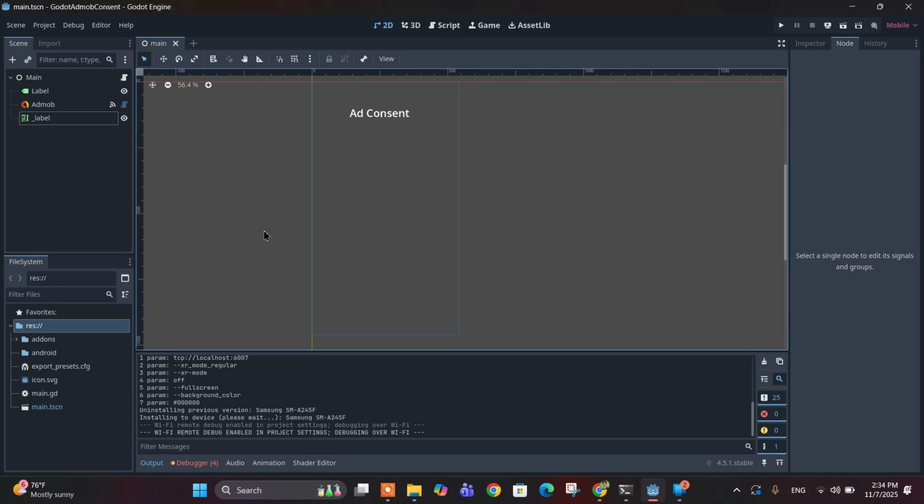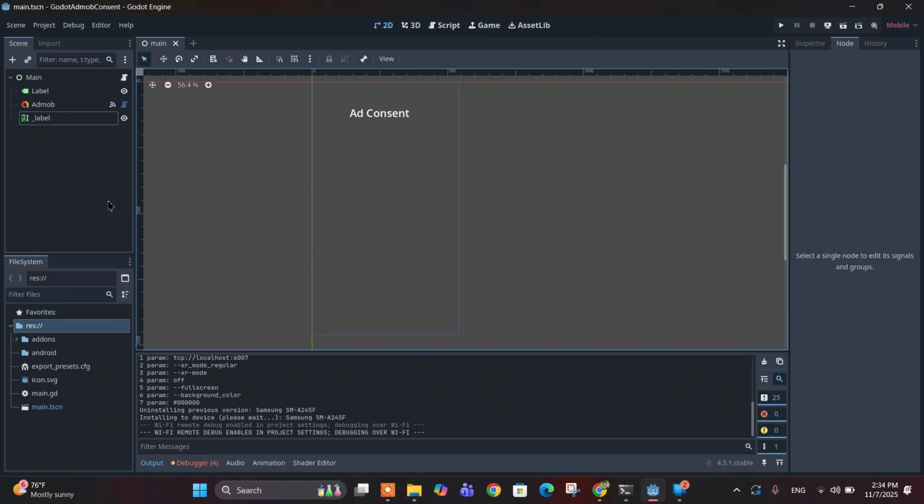give the consent to show the personalized ad. And after that, one thing you might need to include is a button that will make that consent screen reappear when the user wants to reset their consent. Okay, that's why we want to include a button in our app that will make that consent screen reappear, because now after you have run this, the consent screen will not appear for the actual users. So for that, let's make a button that will make the consent screen reappear if they want to